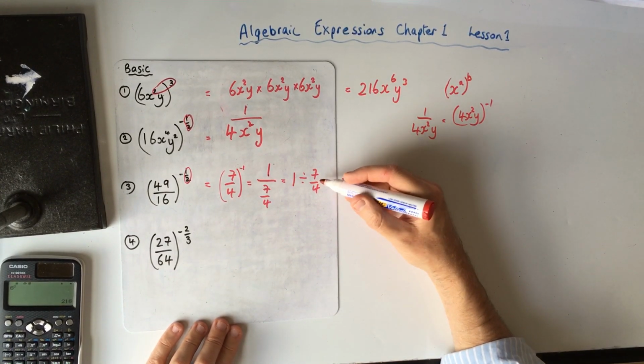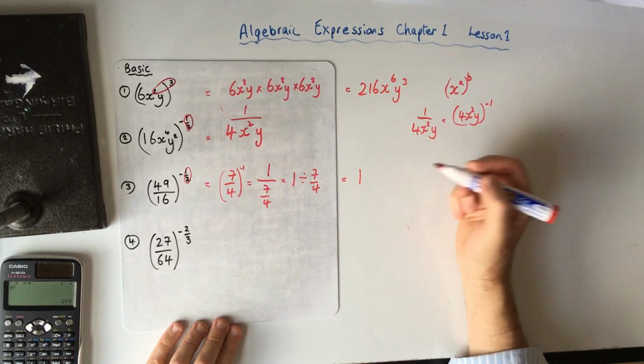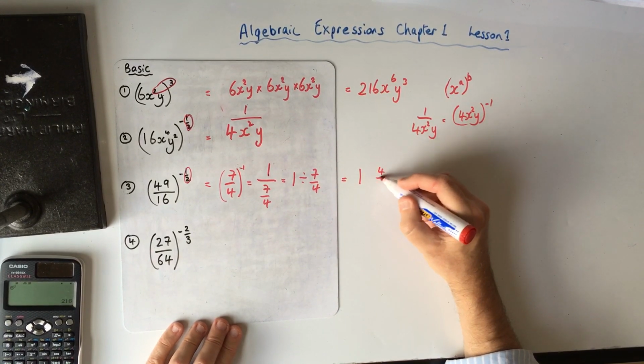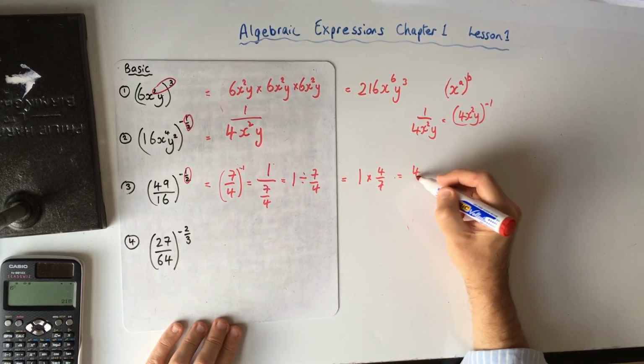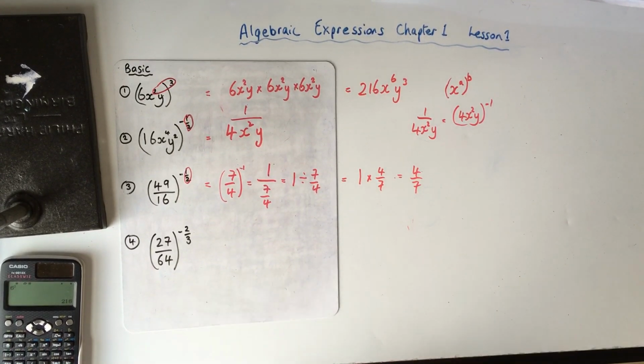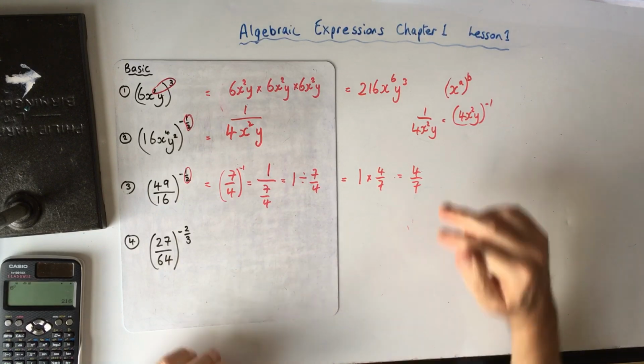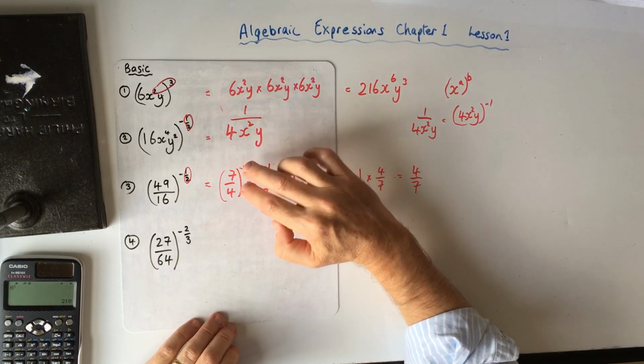When you're dividing fractions, you keep the first one, which is the number 1. You flip the second one, 4/7, and you times. And 1 times 4/7 is 4/7. Okay? Now you don't need to do all that, but I wanted to show you that when anything is to